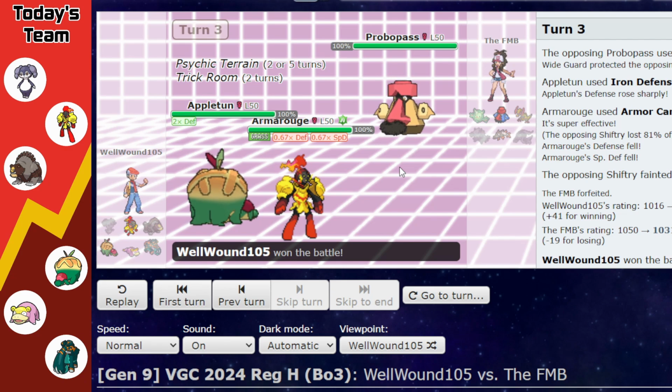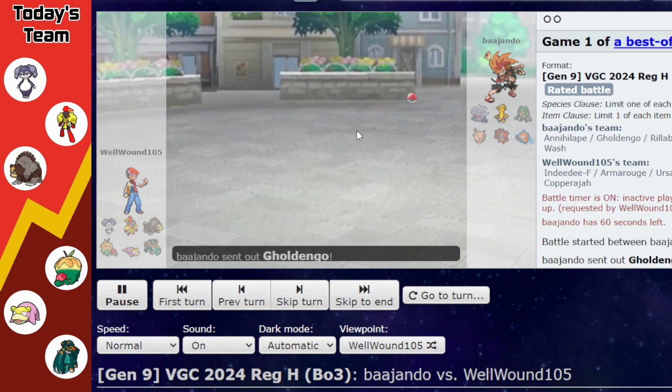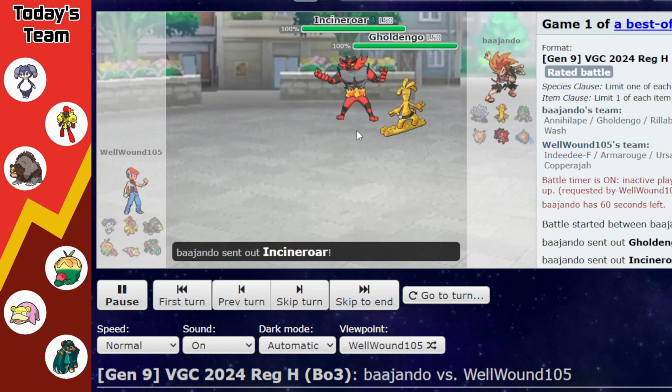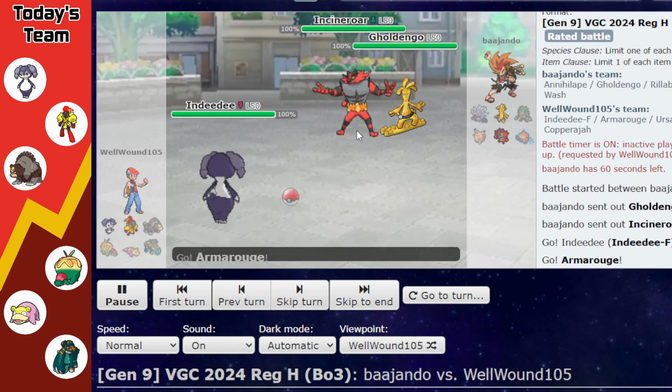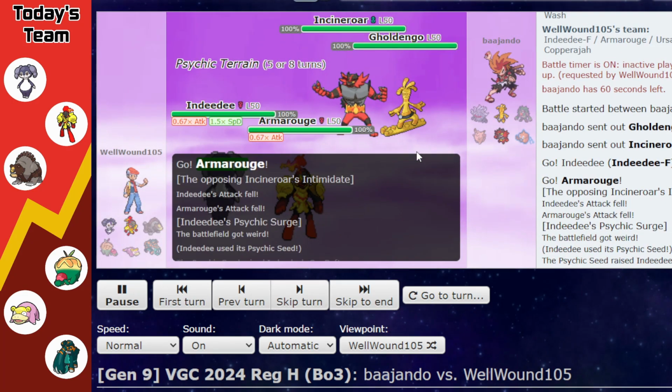But let's perhaps go into some games where this team doesn't work, and I think I should have just played better. Okay, so here we have a balanced team where they have Rillaboom, Incineroar, and Rotom, but they also had the Choice Scarf Monkey, and they could just set up with Gholdengo by redirecting with Clefable, so not a lot of things that I'm super excited to see here, and we start Indeedee Armarouge, and they start Gholdengo and Incineroar,